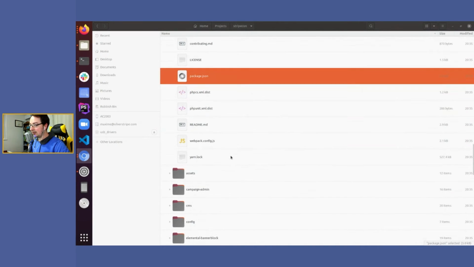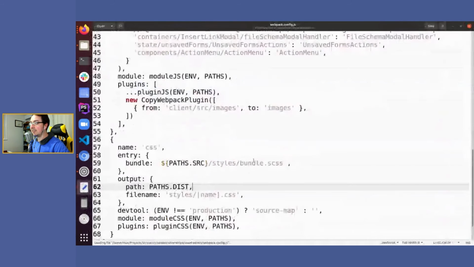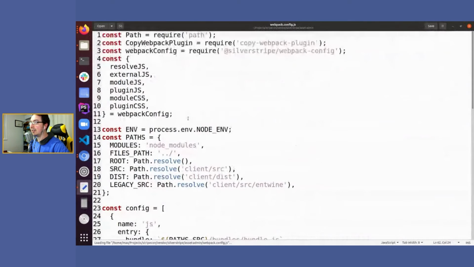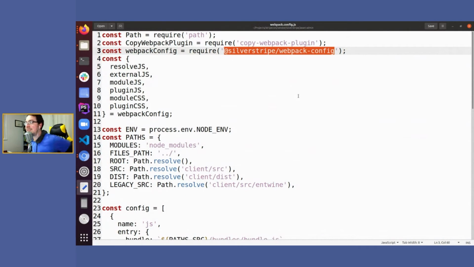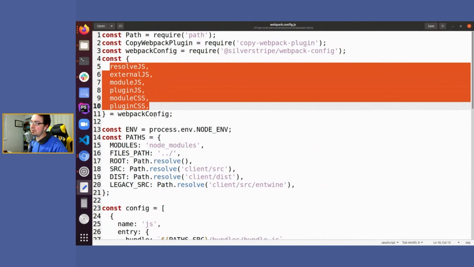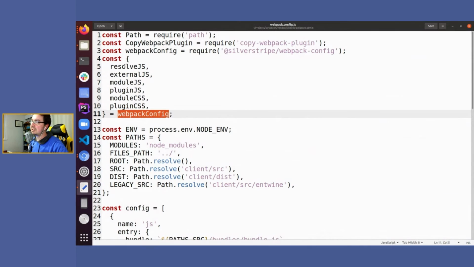Now the next bit is scary because it's the Webpack config, and Webpack configs are always scary. At least I find them scary. So here we're importing our magic module that does all sorts of wonderful things. We're getting a bunch of functions out of there. Those functions are essentially just helpers that will allow you to build the various parts